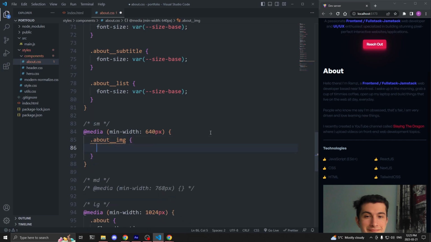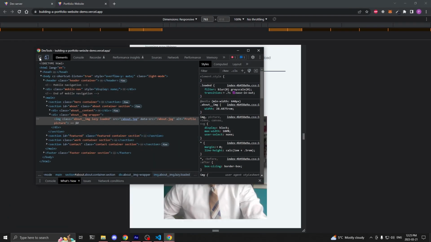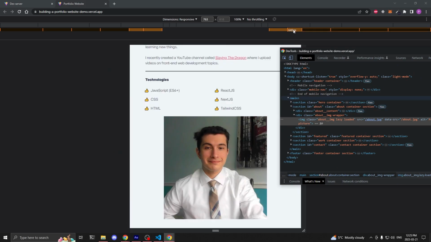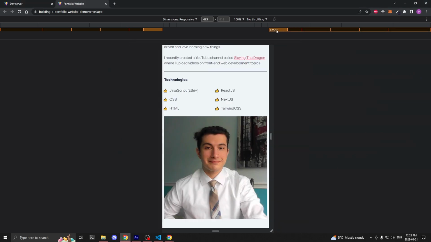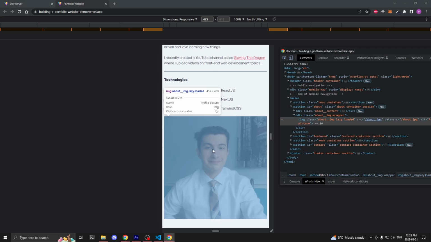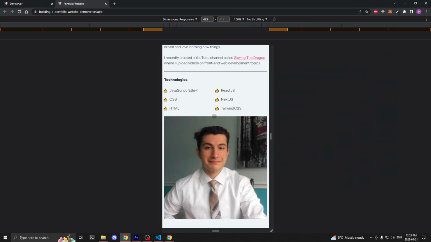I want to define a width, but to get the width from the previous breakpoint, what I can do is on my dev server, use the select option from the developer tools to select the image while making sure we're on the previous breakpoint, so basically under 640 pixels. When I hover over the image, we see the width is 459 pixels. This is the width that I want to have on my image,